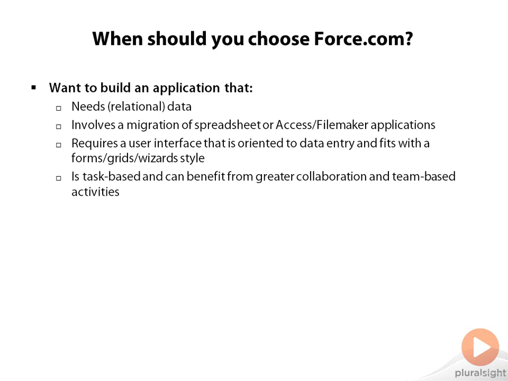Anything that's, again, sort of task-based, where you do want to have a collaborative experience, team-based activities, that makes a lot of sense in the Force.com app, where you can have these users all working in one environment. If you've got needs for very fine-grained security controls, where I want to not just secure the object called person or contact, but I also want to secure who can see individual records, or control who can see the fields on the record,